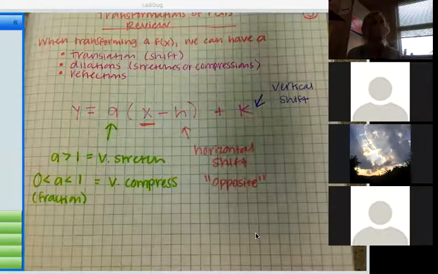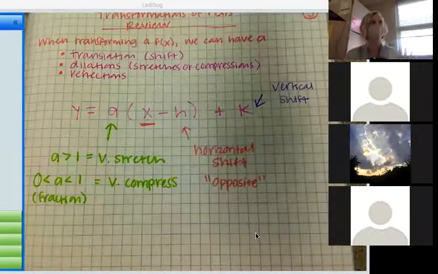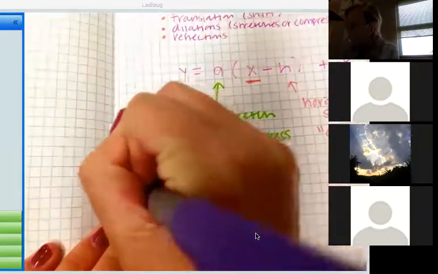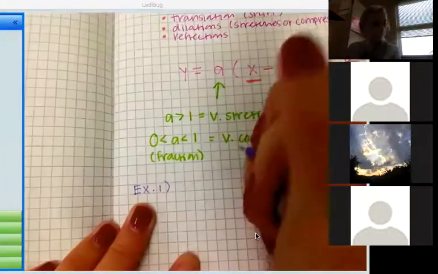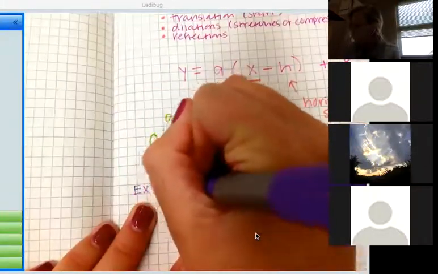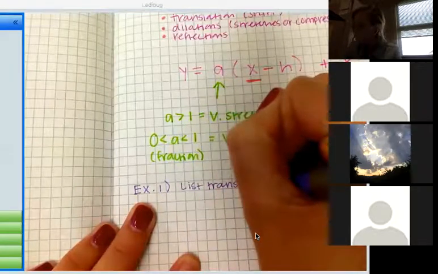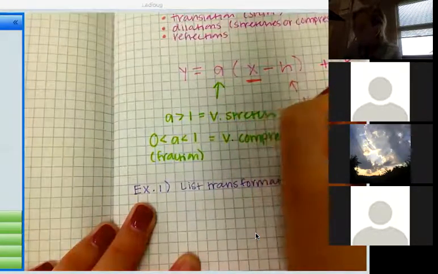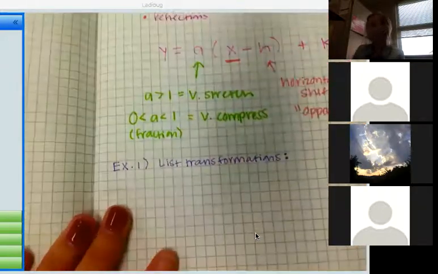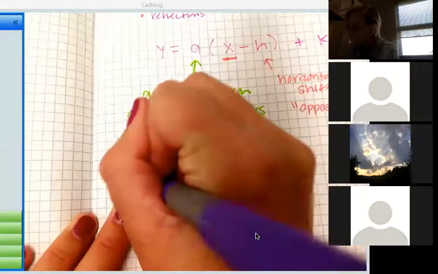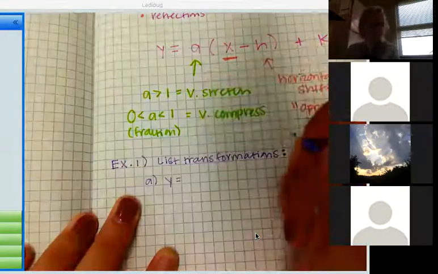So we remember doing this? Can I go straight into an example? Okay. So example 1, I'll do this first one with you, but then I'm going to turn you guys loose on one. I want you to list all the transformations of y equals